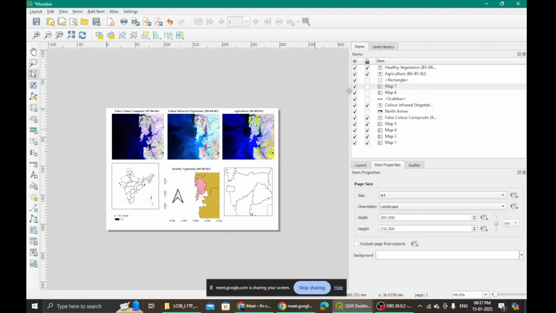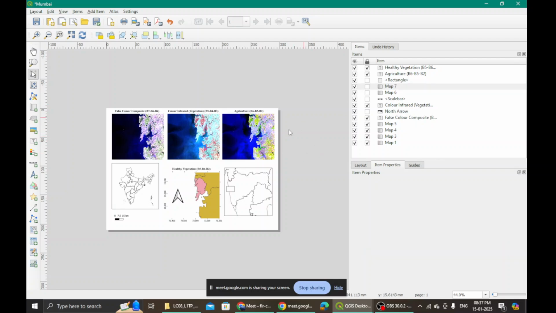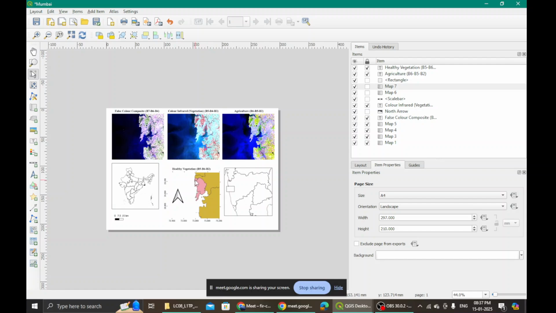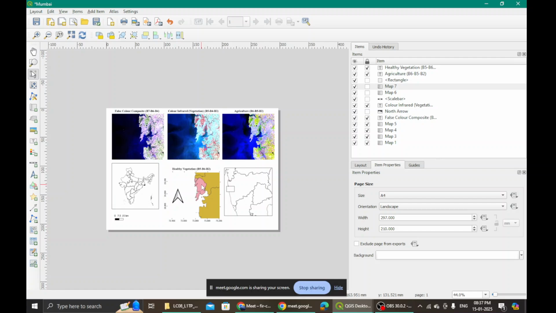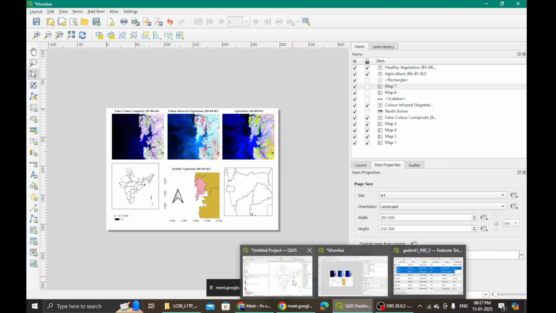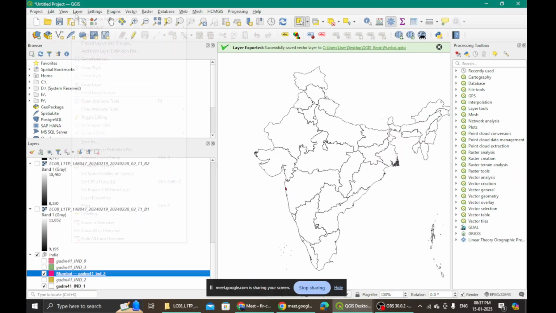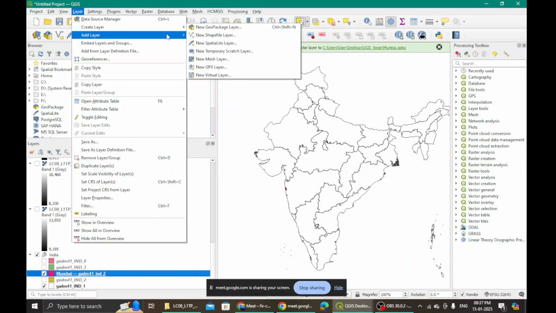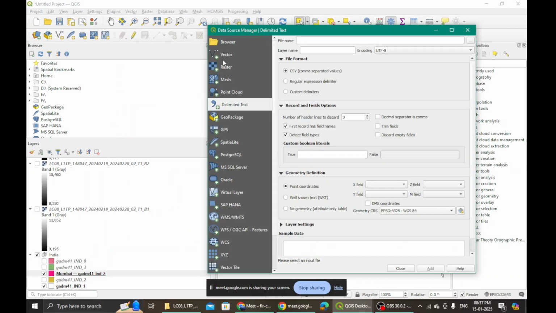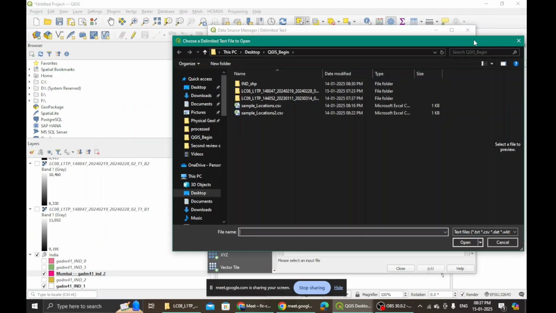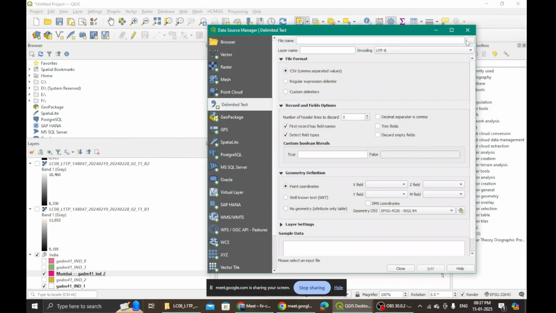Ma'am, I made a CSV file of sample locations and lat long yesterday. Shall I share that? If you want to add it here, then the process is: we come here, we say layer, add layer. Under add layer, we go to add delimited text layer. Then we import that particular file.